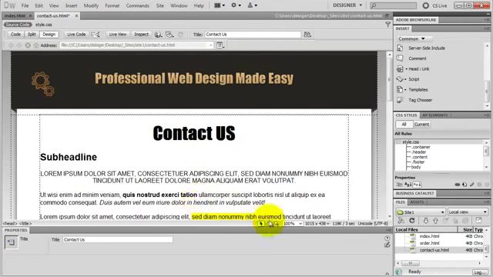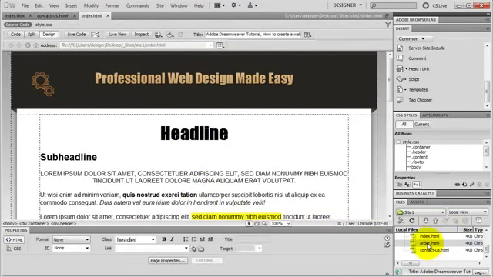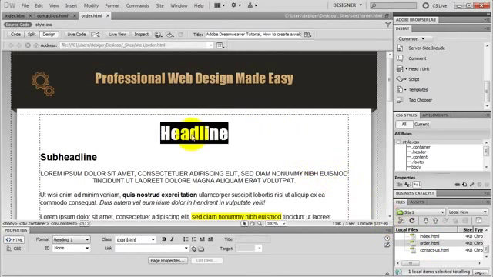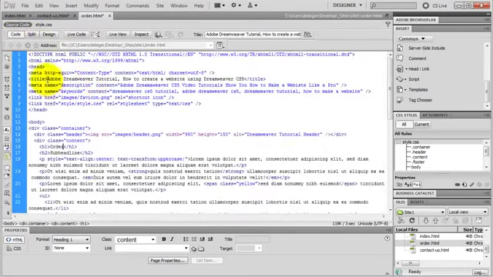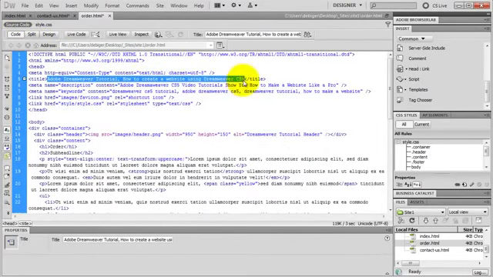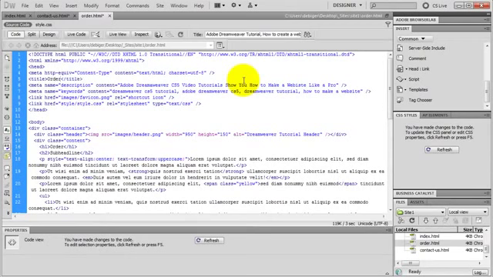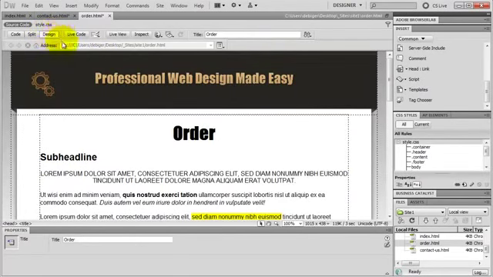I open up my order page, and I change the headline to order, whatever. I go to code view, and I change the title to order as well. Don't forget to change the description and keywords here in the code. I switch back to design view, and I go back to my index page,